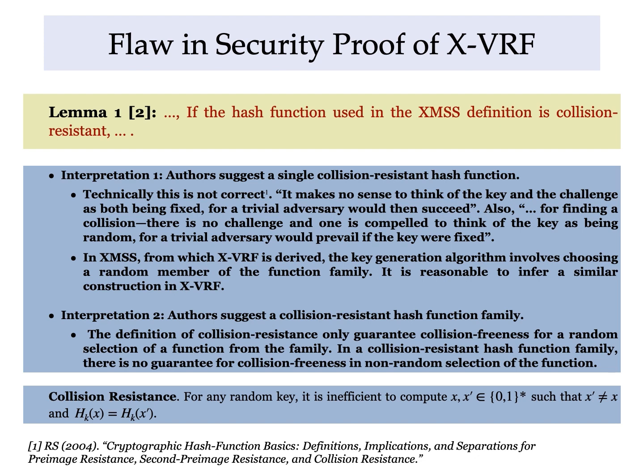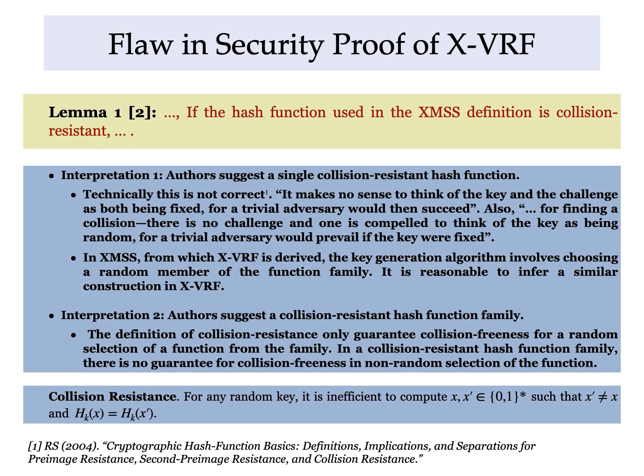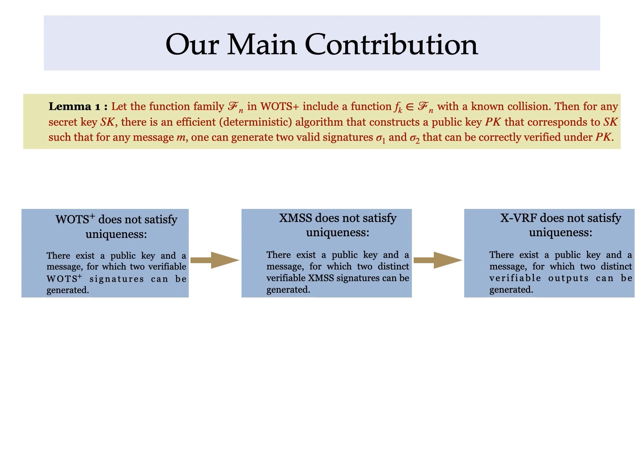Now suppose that we have a collision-resistant hash function family. The definition of collision resistance only guarantees collision resistance for a random member. This is the formal definition: for any random key, it's infeasible to compute two colliding inputs. But if we choose a member non-randomly, arbitrarily, there might be some collisions, and that's not against the definition of collision resistance. In fact, we used this idea, and we proved in our paper in this main lemma